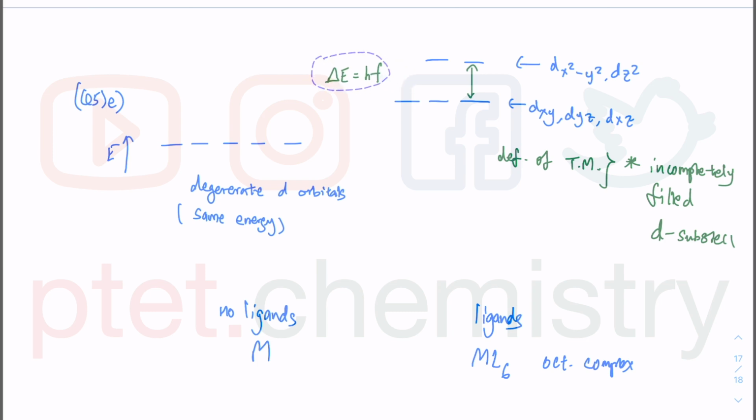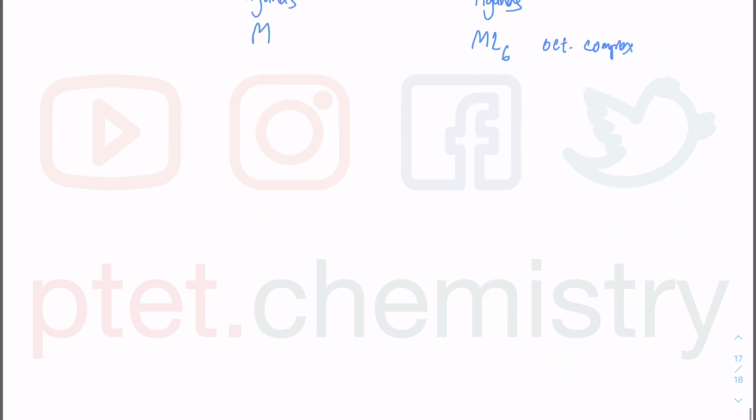This happens to be visible light radiation, so they are electromagnetic waves, which means either you know this formula or you just have to remember that delta E is inversely proportional to lambda, the wavelength of the visible light being absorbed. In terms of the physics, don't worry too much about it, but in terms of the explanation for the essay: in the presence of ligand,